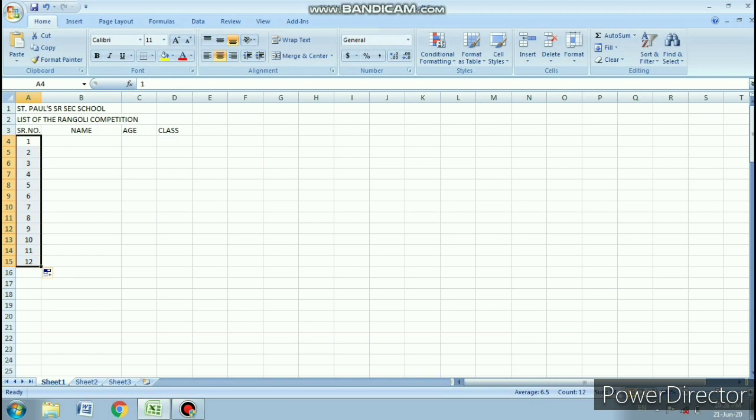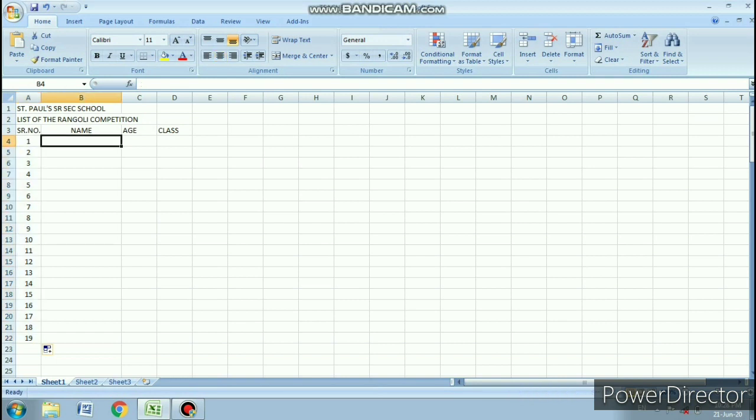When you drag the mouse, you get all the numbers in ascending order. See how easily we can type the numbers. If you imagine your list will have 500 candidates, why type 500 numbers? You can simply drag the mouse to number 500. If I want to add some more students' names, I can simply drag the mouse.